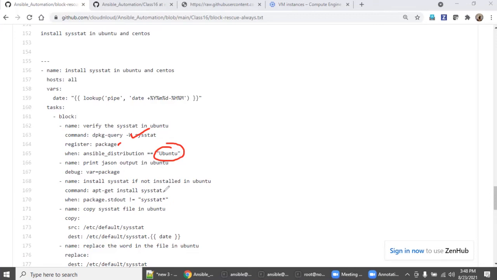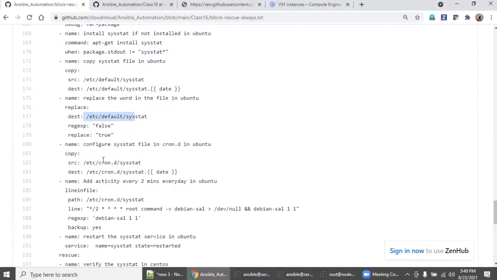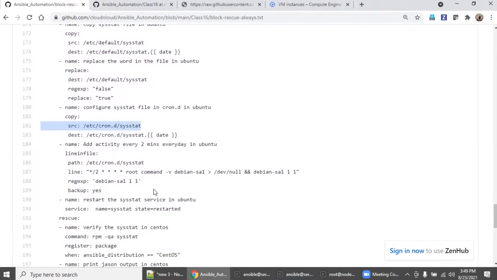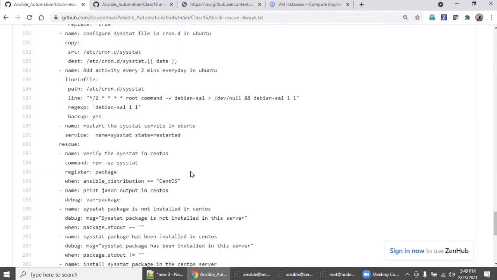Based on this, you are installing sysstat and copying the sysstat config as a backup. Let's go down, and then you are replacing some words, configuring the sysstat file, adding some lines and restarting the sysstat service, right?